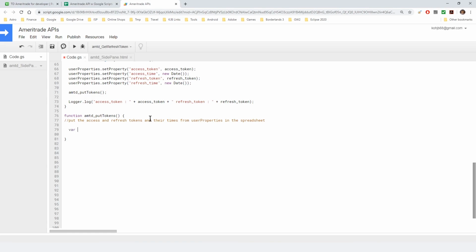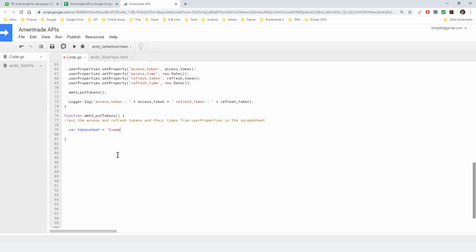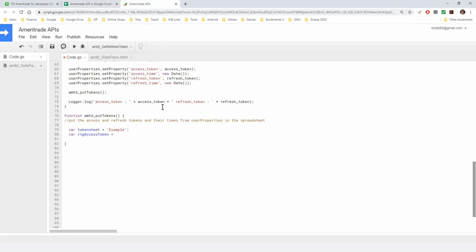So we need to know what spreadsheet to use, and this allows us to change that if we needed to, and we'll use this spreadsheet name is example. And the ranges that we're going to place the tokens at, that would be at D9 and D10. Okay,